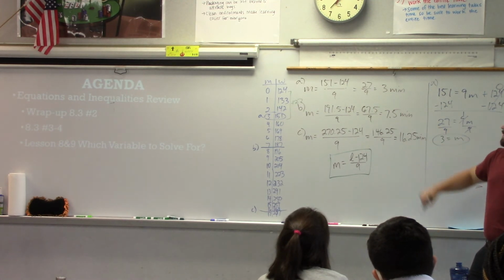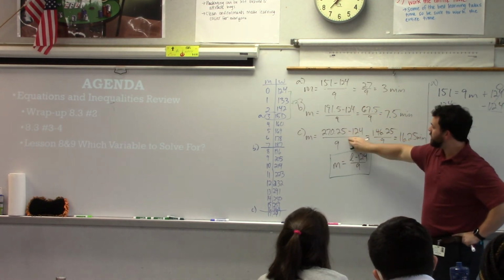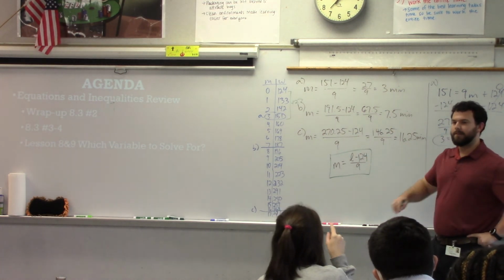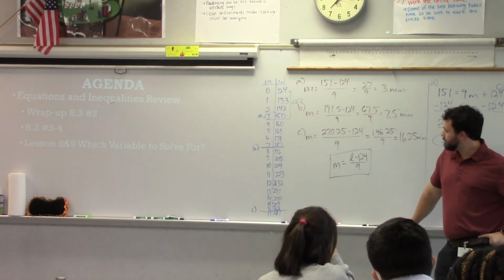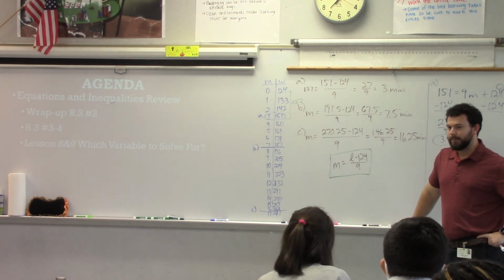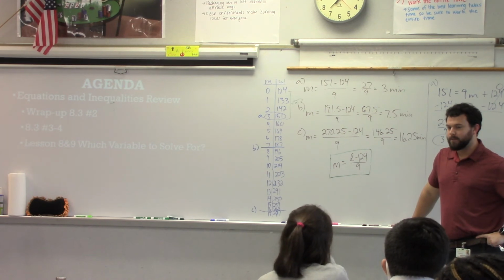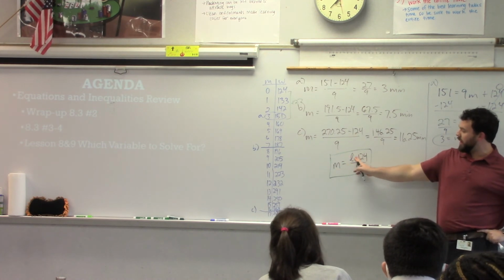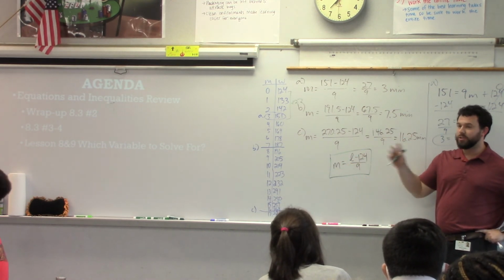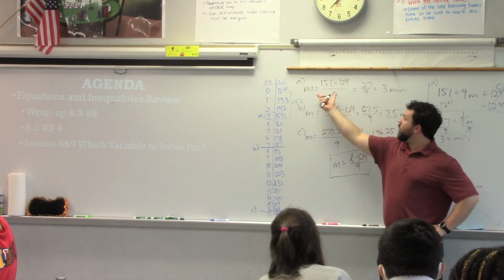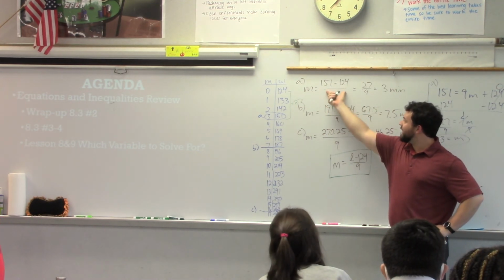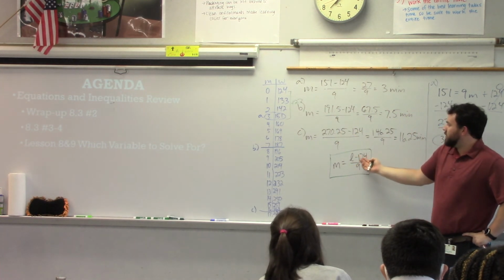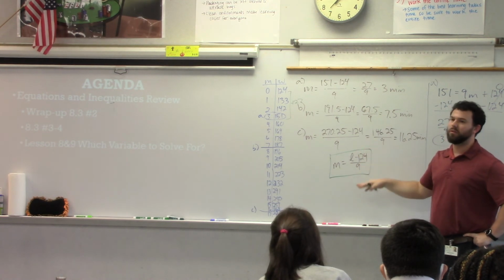I mean, you're just reading those equations. How did this inform this equation right here? Okay, so the amount of minutes would equal the liters of water minus 124 divided by 9, but my question really is, can we use what we have up here, how does this get us to this equation? Where in the world do we see or get L minus 124 all divided by 9? Kelsey?